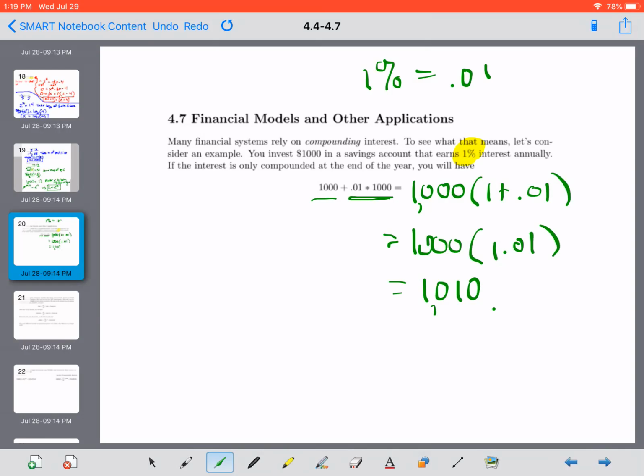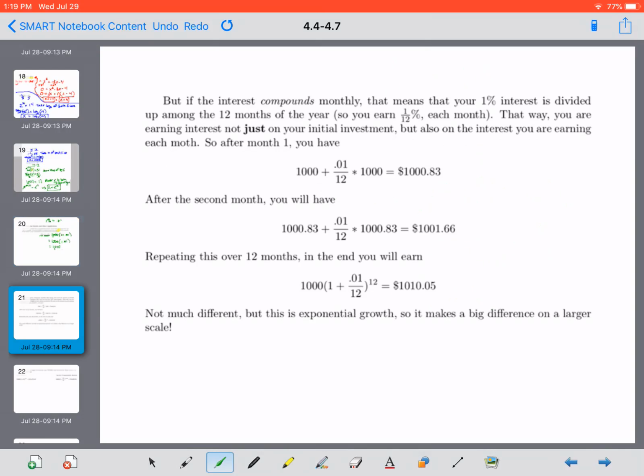All right, but usually banks don't actually calculate the interest this way at the end of the year. Instead, what they do is they calculate the interest many times along the way. So to give you an example, if the interest compounds monthly, what that means is that your 1% annual interest rate gets divided up among the 12 months of the year. So you'd really earn 1/12% each month. And it might seem like that doesn't make a difference, but it does at least a little bit make a difference,